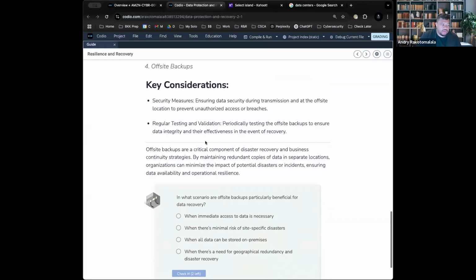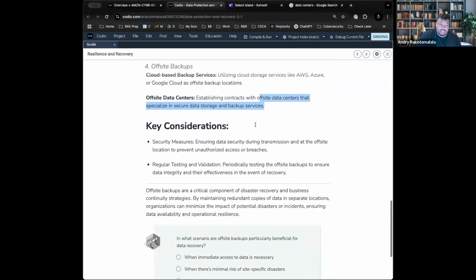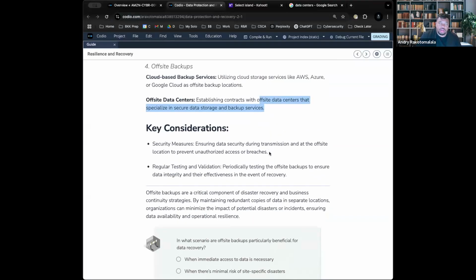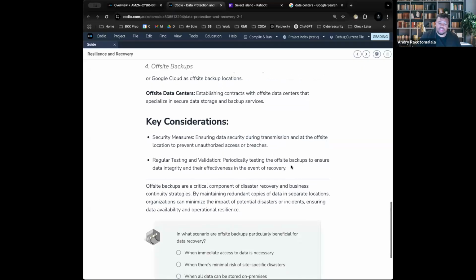Now, one of the important things that you have to remember is when you are getting your backups back, you need to make sure you're doing it through a secure location, and then you need to prevent access. That's correct. The other one is regular testing and validation. So you never want to be caught in a situation where you need to get your backup, but your backup function is not working. This is why regular testing and validation says, hey, is it working? Great, it's working. That's fantastic. Okay, so this is why monitoring helps, to make sure that all the systems you're using for backups are important and needed.